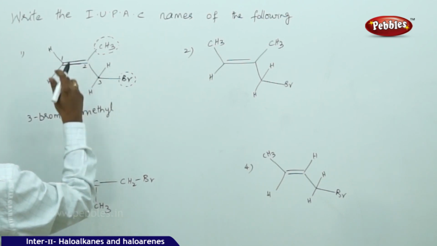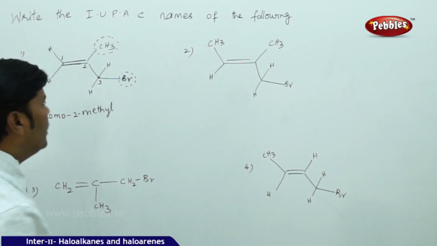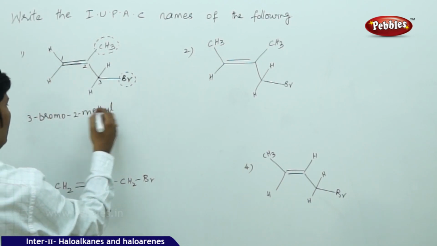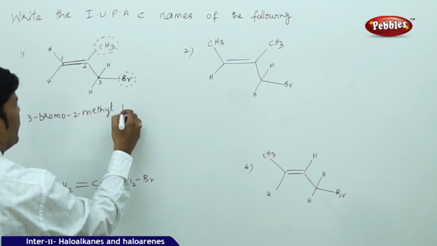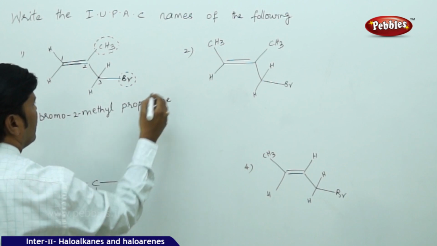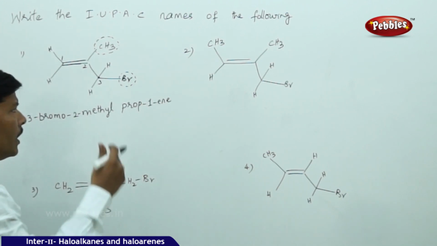The longest chain is 3, so the root word is prop. The number of carbons determines the root word, which is prop, and the double bond is located immediately after the first carbon. So I can simply say 3 bromo 2 methyl prop 1 ene is the IUPAC name for this given compound. Likewise, if you're